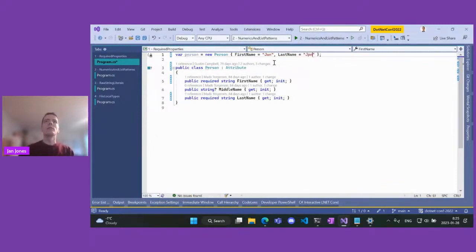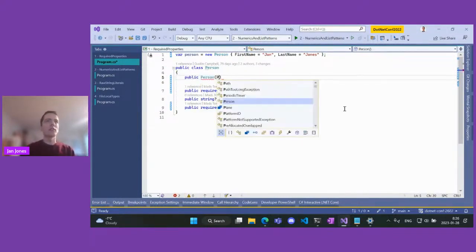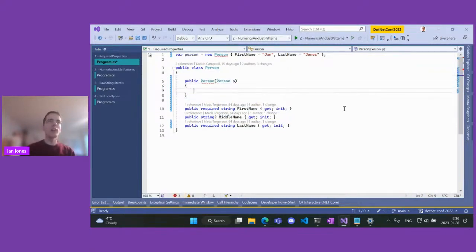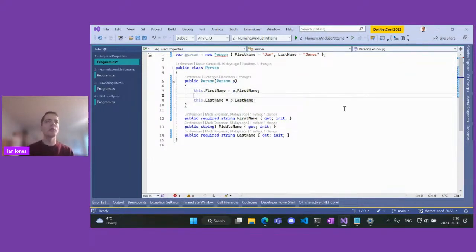And now imagine I would like to clone people, right? Because that sounds cool, although maybe dangerous. And so I could create a constructor that would take an existing person and just copy its first and last name, or I could copy even its middle name probably.